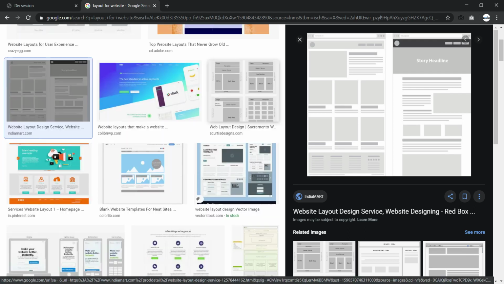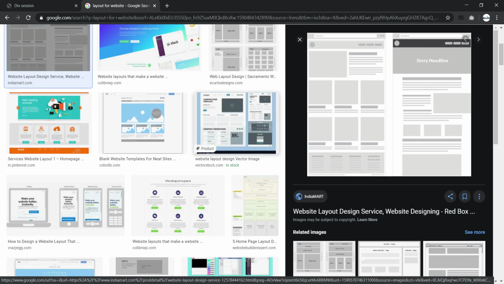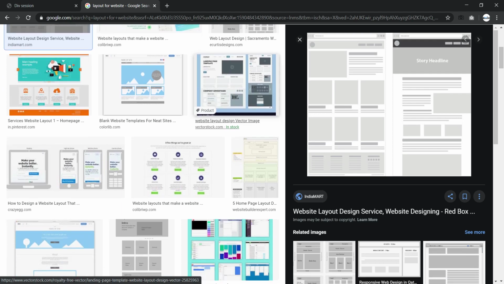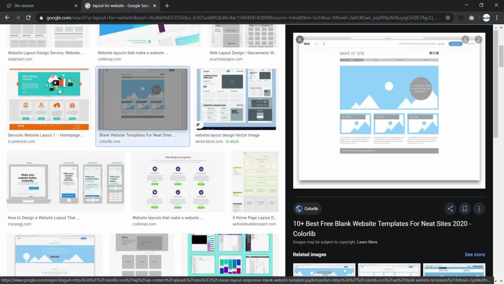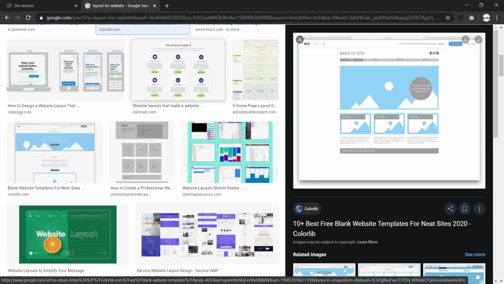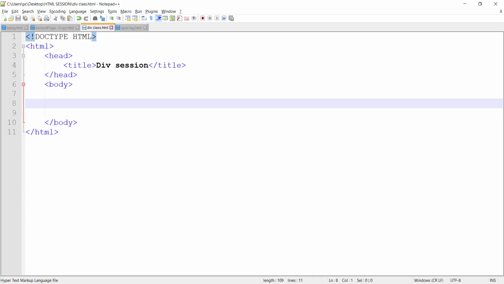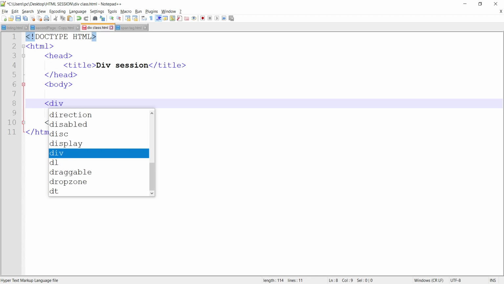Whenever we are going to start a website, first we have to create the layout or the structure of the website. Then after that we will fill the layout with images or text. These are the layouts. So today we are going to see how to create a layout by using div, and for width we will use percentage. So first div,